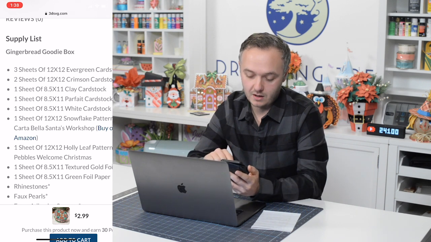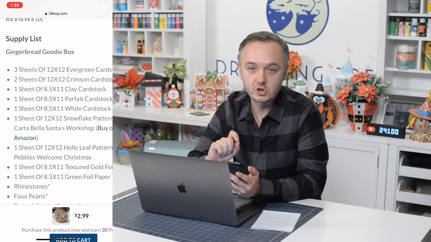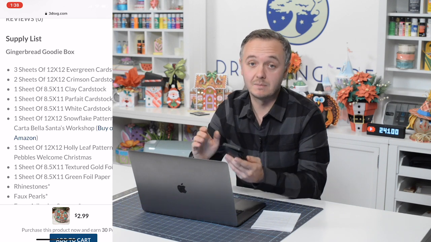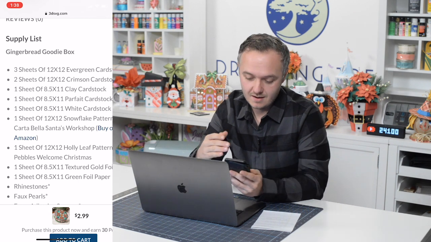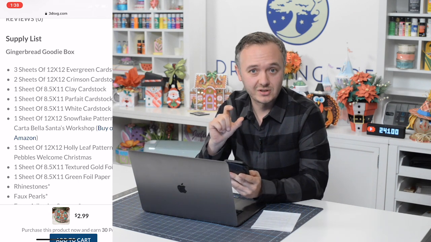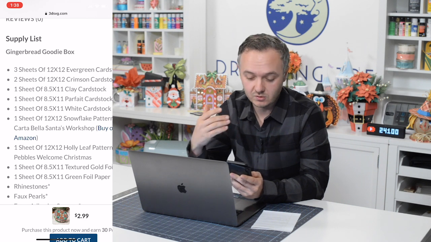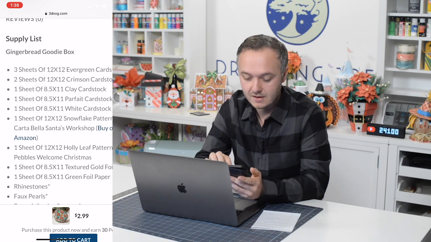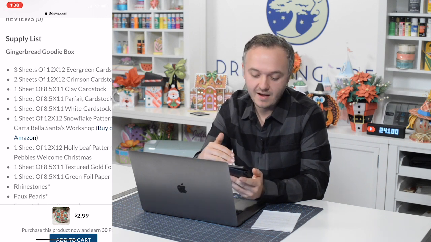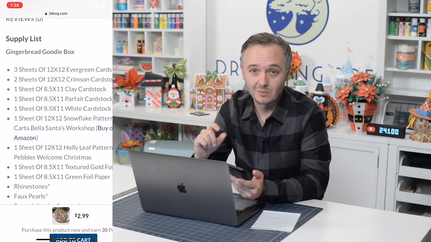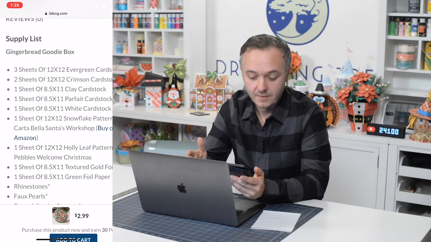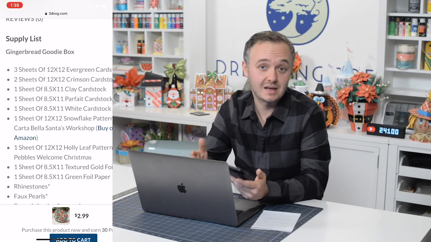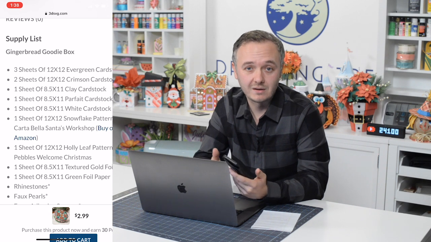There's instances where when you see that we only need 1 sheet of 8.5 by 11, that definitely means that we're not using the full sheet. And more often than not, it's probably just a small little area of that sheet that's required to finish the actual project itself. So the 8.5 by 11 indicator usually means that we're not using much of it, which is why, if you can find an 8.5 by 11, get it. If you can't, get the 12 by 12, but know that you're not going to be using a lot of